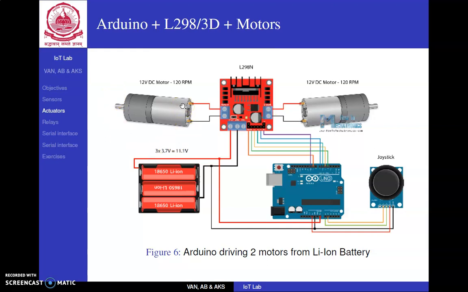The issue with the DC motor is that the moment you feed power, it starts rotating. You have no control over the position of the shaft. If you want precise positioning of the shaft, for example, consider the case of a placement system or an automated placement. Let's say you want to place something at a defined coordinate. You need precise positioning of the motor. That is not possible here.